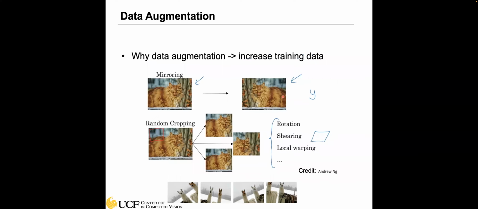Before, these regularization techniques were structure or network related. There's another category which tries to address it from the data level, which is data augmentation. It is also very commonly used in deep learning training, because we know deep learning is very data hungry. It's a data-driven approach. We need a lot of data so that we can learn something very meaningful from the data. But for some applications, especially medical image processing,